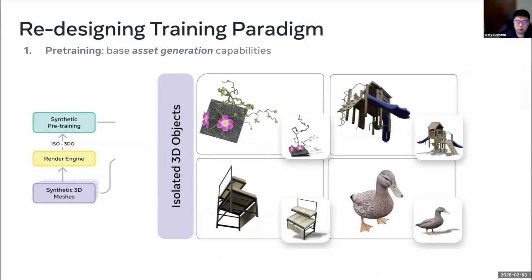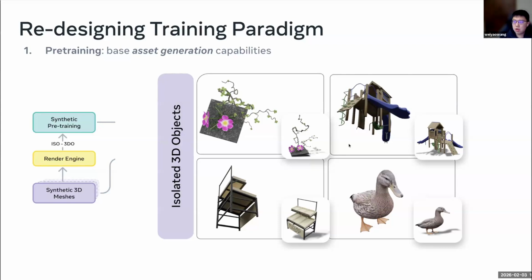The overall philosophy for the training paradigm is: don't try to teach the model all at once. Let's build capabilities in stages. The first stage is pre-training, which is basically similar to the asset generation process. I know I said we need to move beyond that, but this offers a larger scale of data available and is very good for pre-training purposes. We show the model again the key and canonical renderings and ask it to reconstruct the shape and texture from those. This gives the model the basic capability: how to go from an image to a coherent 3D object.